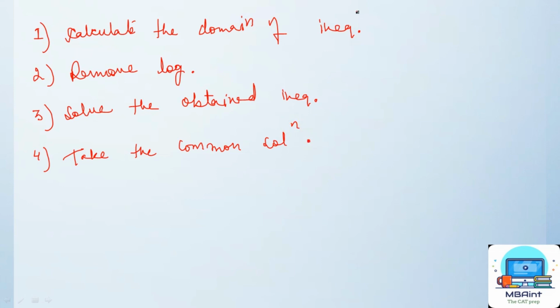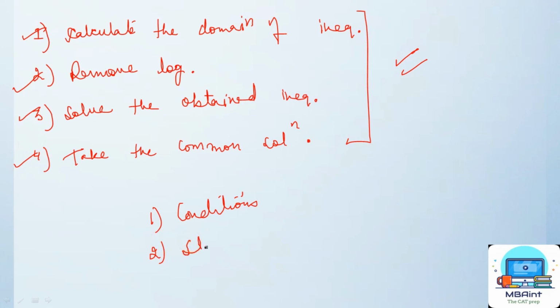So these are the four crucial steps we're going to follow while solving inequality problems, and I assume that you're going to keep them in mind. What you need to keep in mind: first the conditions, all three we have discussed previously, and then the steps written right in front of you. So having said that, now you have understood the conditions and the steps. Now let's dive into the problem solving part.